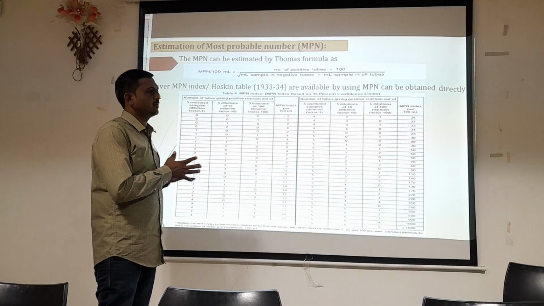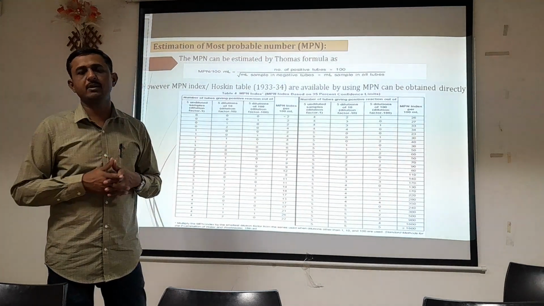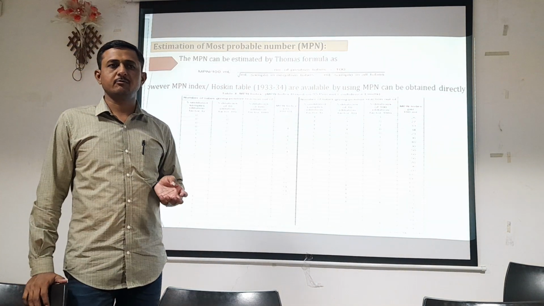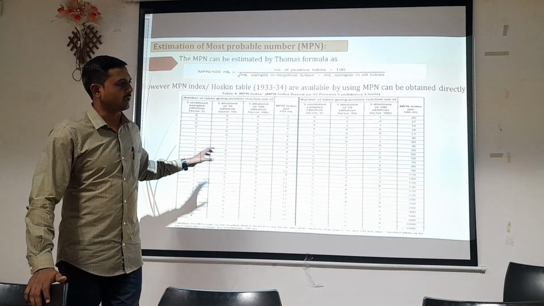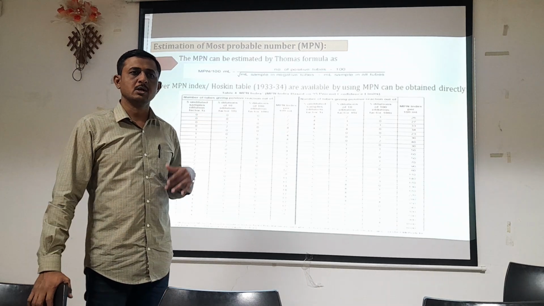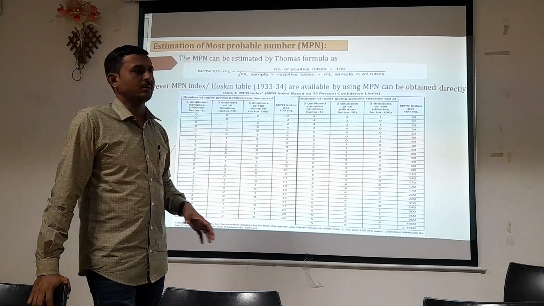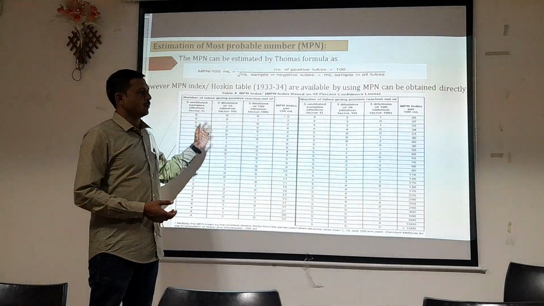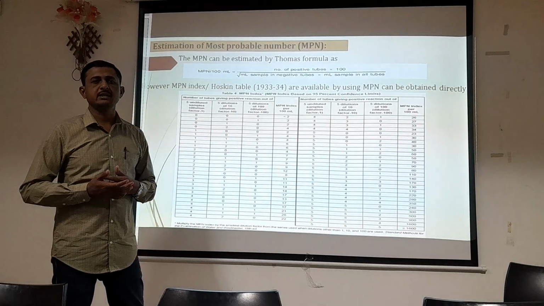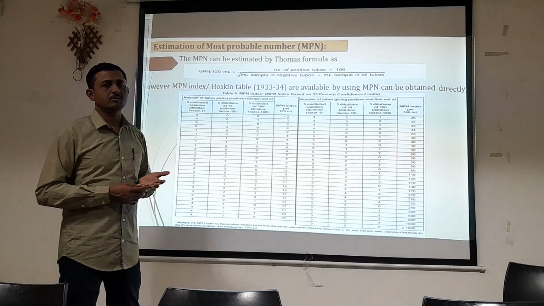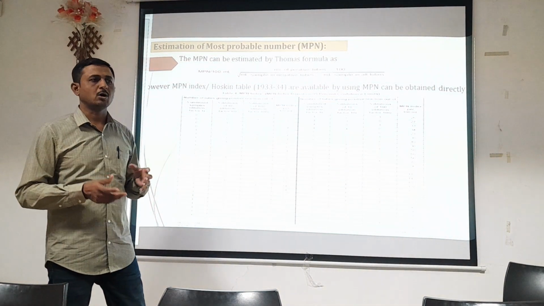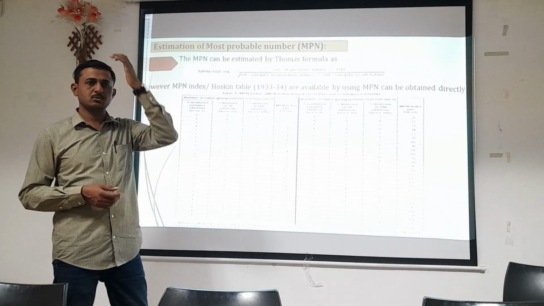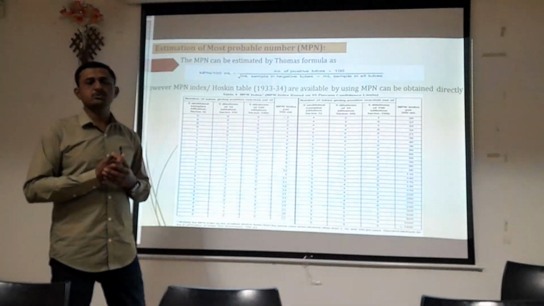So it is a most effective and reliable method for determining the quality of drinking water. It is normally used in routine practice for determining the sanitary quality of drinking water. Here, only the procedure is lengthy. That's why sometimes false positive results can be observed, so proper precautions should be taken to avoid external sources of contamination.